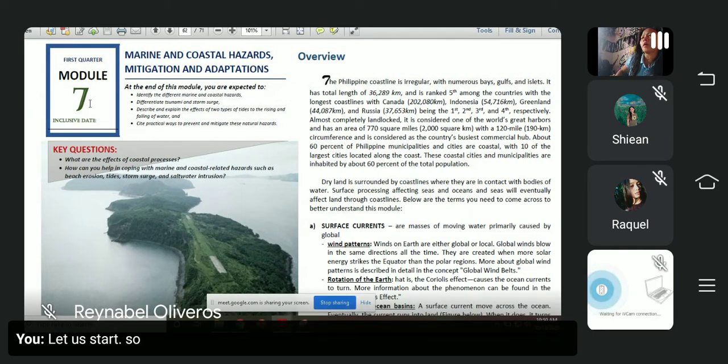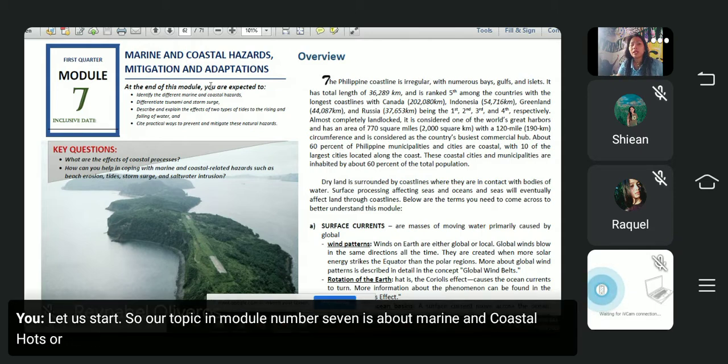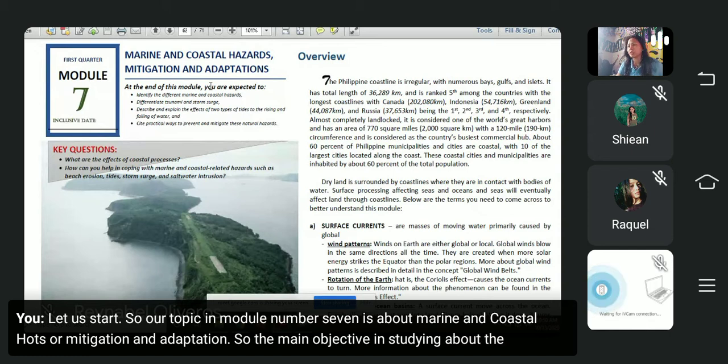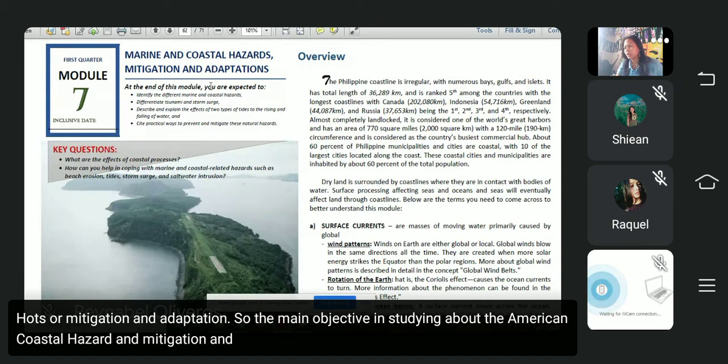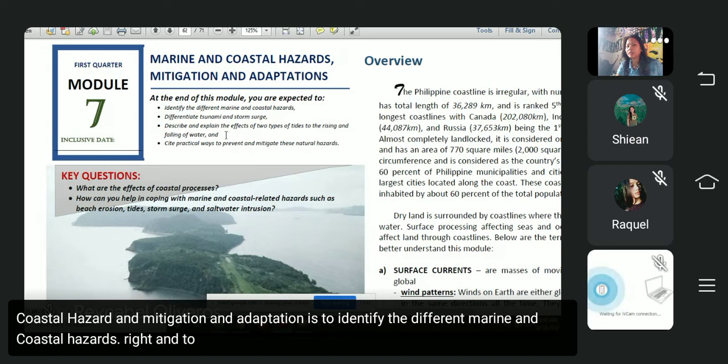Our topic in module number 7 is about marine and coastal hazard mitigation and adaptation. So, the main objective in studying marine and coastal hazard mitigation and adaptation is to identify the different marine and coastal hazards, okay? And to identify the